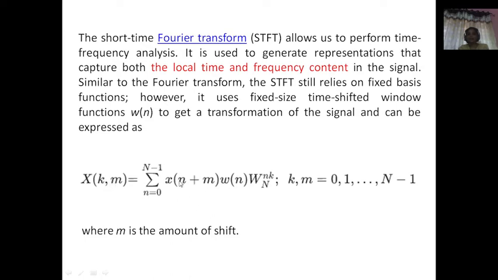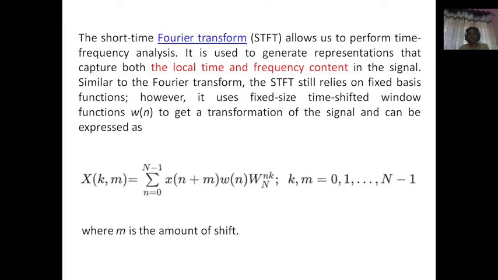Here x of n plus m indicates incremental values. Suppose x of n is the n samples we collected, then x of n plus m will collect the n plus 1th interval. In this way we are going to have local time and frequency content,